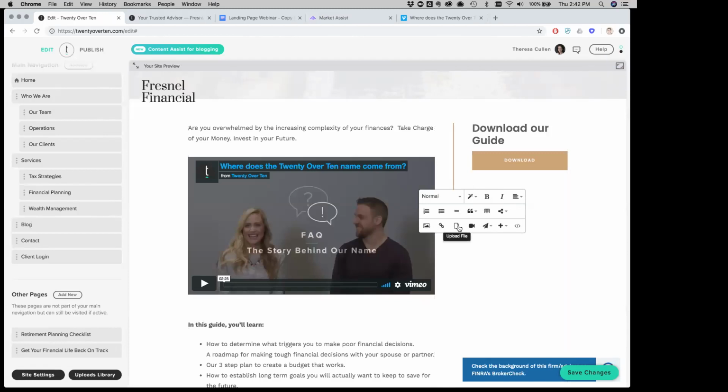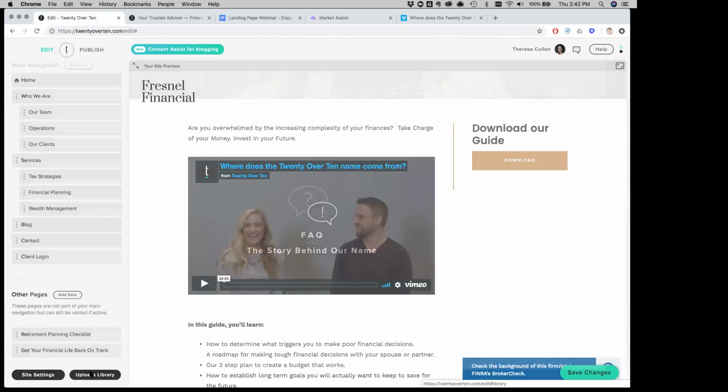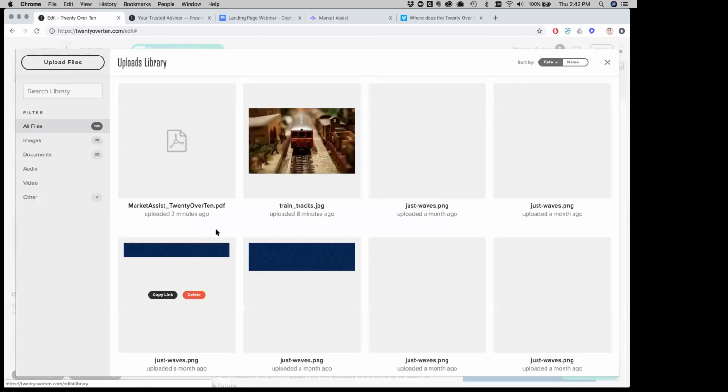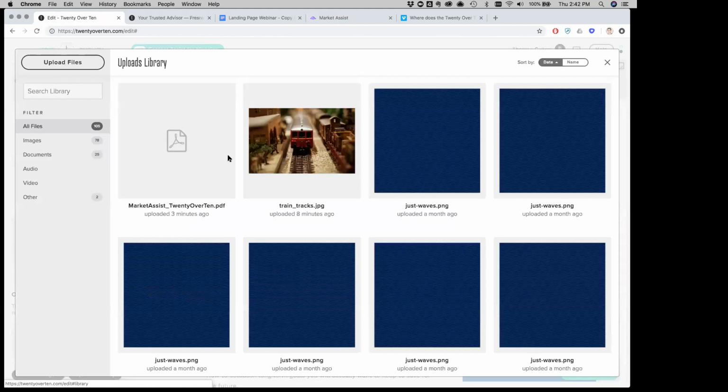So what I did was, you'll notice that directly from our text editor in here, I clicked upload file and I just dragged that file directly on. Now, any file that you add to the website is added to your uploads library, and we hold that for you, right? So down here in the bottom left, if I click uploads library, you'll see everything that I upload to the site, imagery, PDFs, files, things like that, we're going to hang on to.